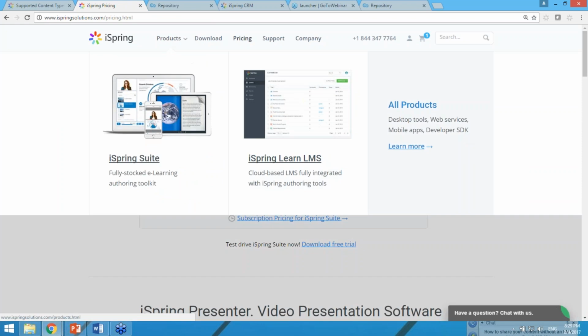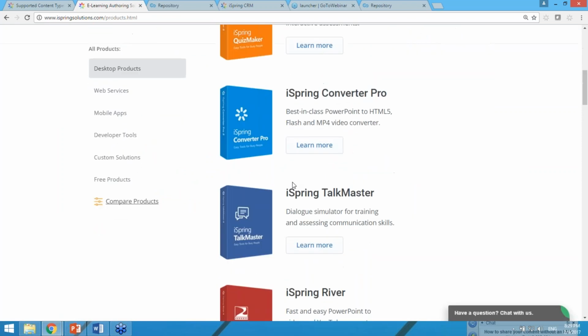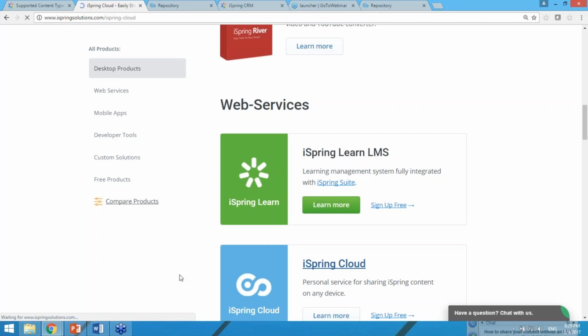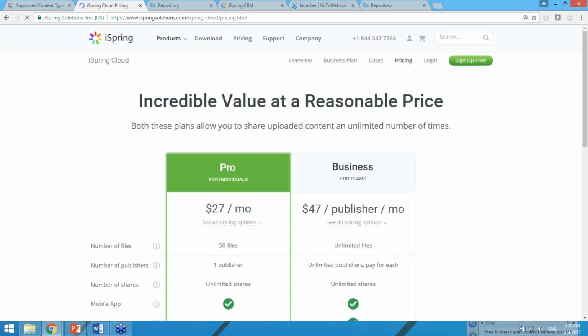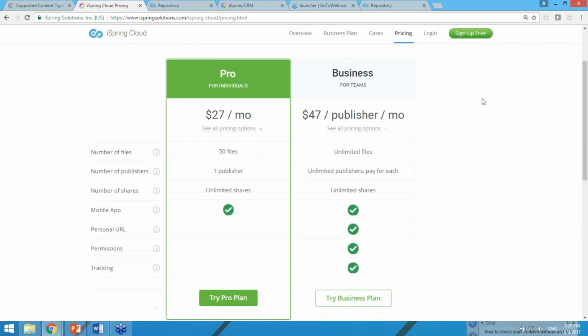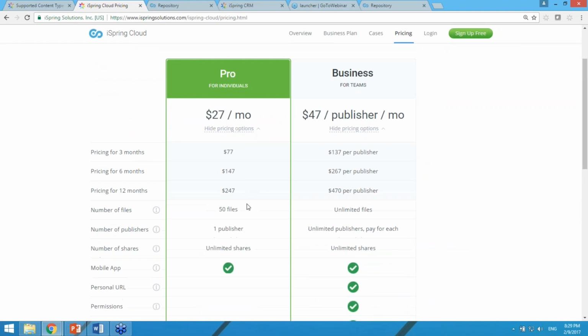Let me open the iSpring Cloud pricing page on our website. It has the actual information, and we will be able to compare the opportunities once again. So iSpring Pro, our version of iSpring Cloud, will cost you $27 per month, making you save a lot if you purchase it as an annual subscription. For annual subscriptions, we basically offer you to pay for 10 months, and 2 months are coming as a gift